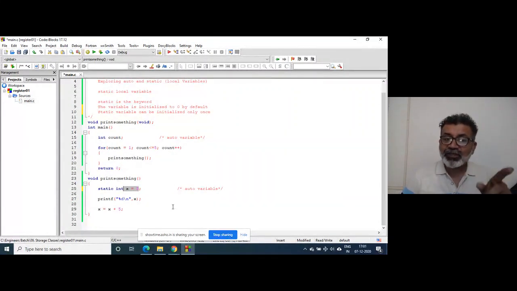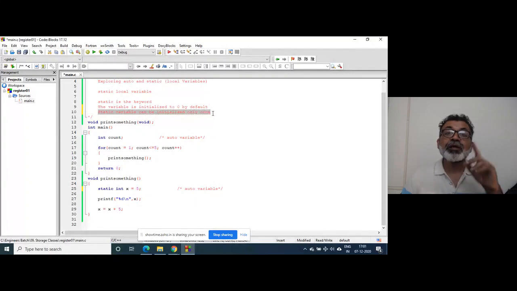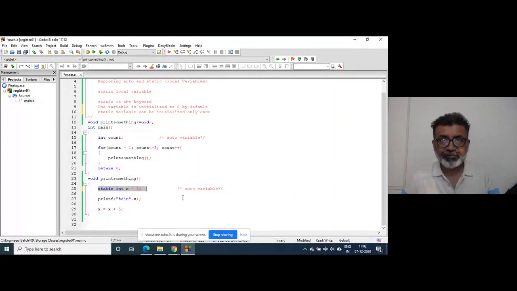That doesn't take place if it is a static variable. Why? Because a static variable can be initialized only once. Since this is the initialization statement, it is executed only once, when control goes inside the function the first time.